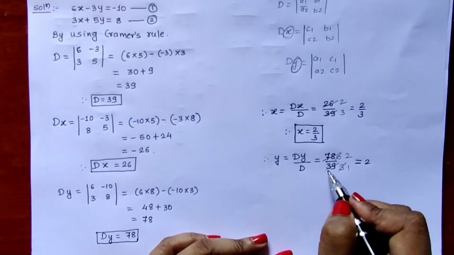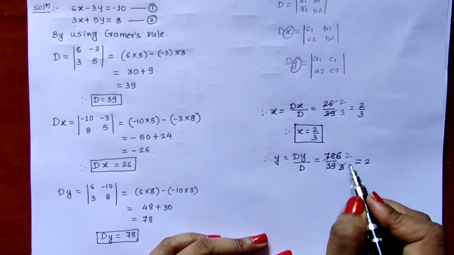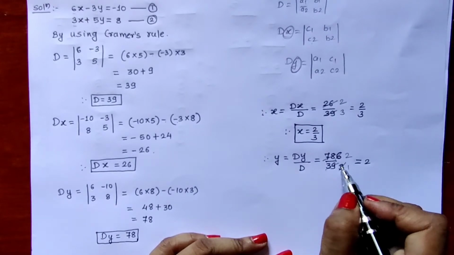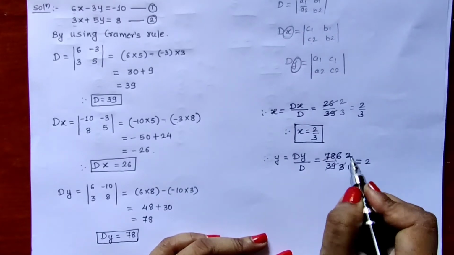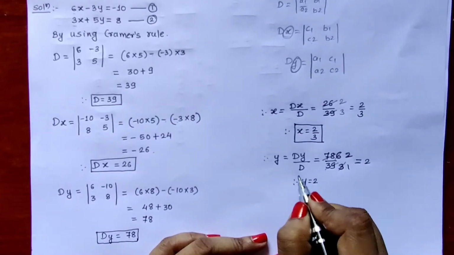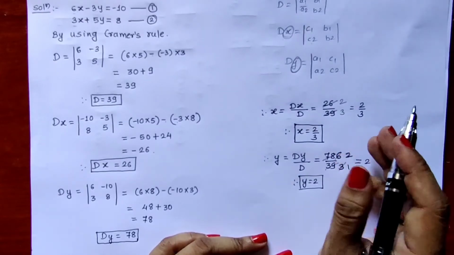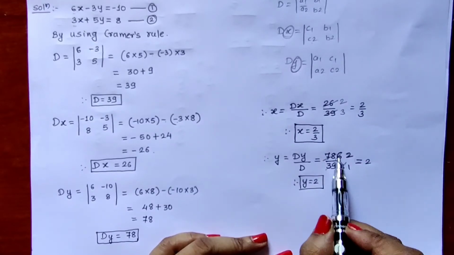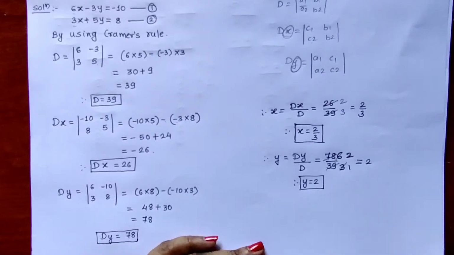Okay, first we have cancelled both the numbers by 13, 13 3s are 39, 13 6s are 78. So 6 and 3 can also be reduced. If it is possible to reduce, you have to reduce, keep on reducing. So 3 1s are 3 and 3 2s are 6. So we have got 2 upon 1, 2 upon 1 means 2. That's why y is equal to 2. Here in this fraction it was not possible to reduce. 2 and 3 are not divisible by any other number. So that's why we will have to keep this 2 upon 3 as it is. But here 6 upon 3 cannot be kept as it is because they can be divisible by 3. So in this way we have got the solution.